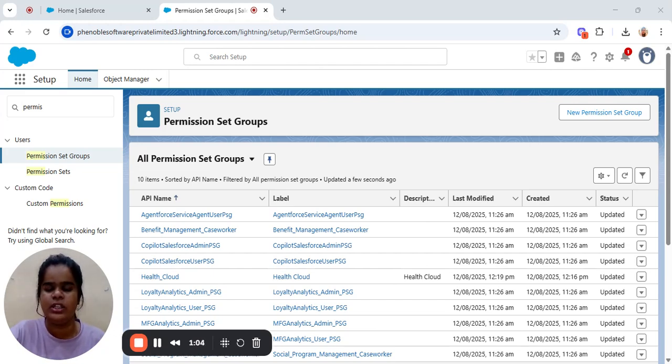So first of all, we are talking about why permission sets are important. Data privacy in healthcare is super important, because we should give access only to the person who needs it. For example, only the right people like doctors or nurses should see the patient information.